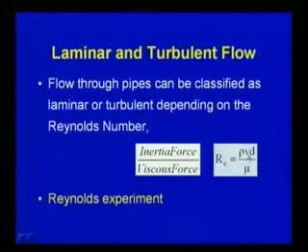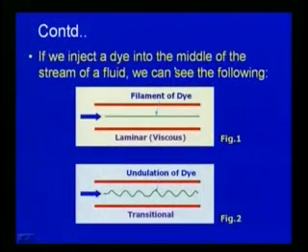The Reynolds number is defined as the ratio of inertial force to viscous force, which for pipe flow is Re = rho v d by mu, where v is the velocity, d is the diameter of the pipe, and mu is the coefficient of dynamic viscosity. With respect to this, we can classify the fluid flow in the pipe as laminar flow or turbulent flow. We can easily visualize this in a pipe flow if we inject a